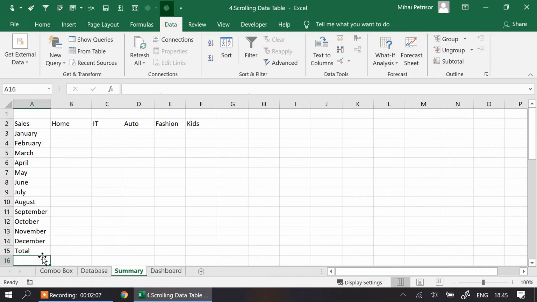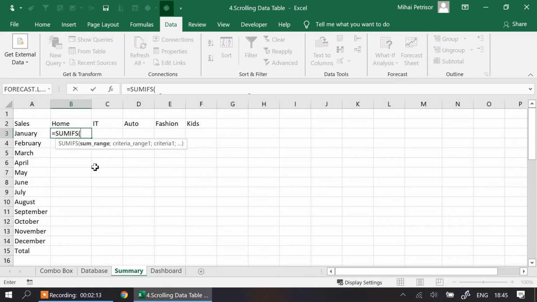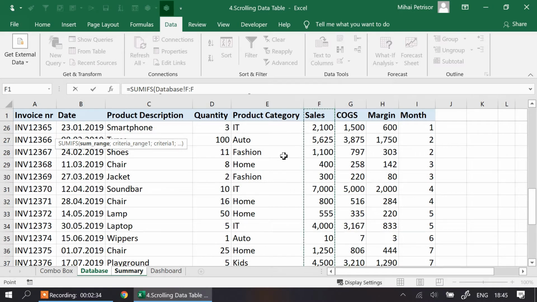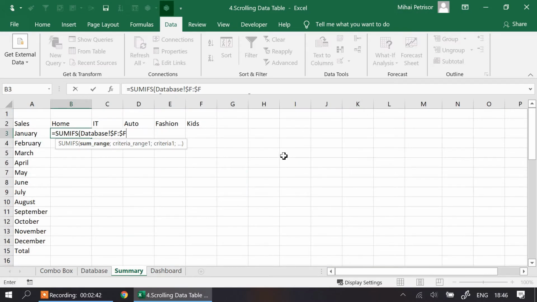Here we go. Now, here we need to create a SUMIFS function in order to bring the values from our database. So this will be instead of pivot table. SUMIFS, the first argument, it's sum range, so we need to know what range we will sum, and for us it's F column, and I will freeze it. Sorry, press F4. The next argument, it's the first criteria range, and my first criteria it's the month.